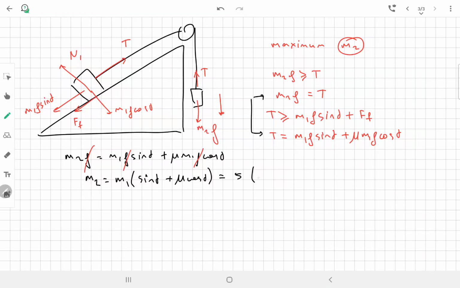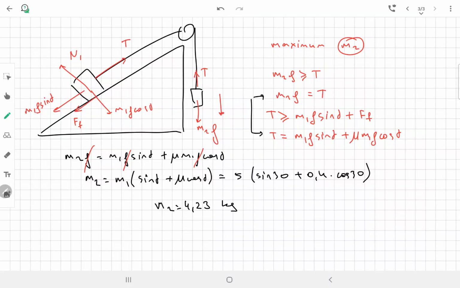So 5 kilogram times sine 30 plus 0.4 times cosine 30, and the numerical value, one second, let me use my calculator. Sine 30 plus 0.4 times cosine 30 times 5, the answer is